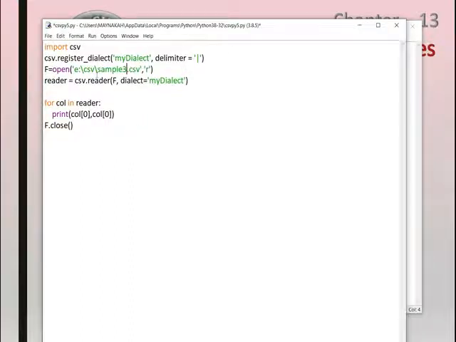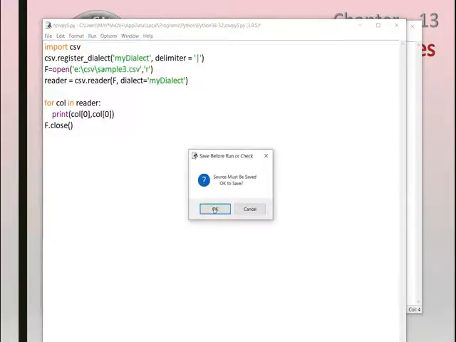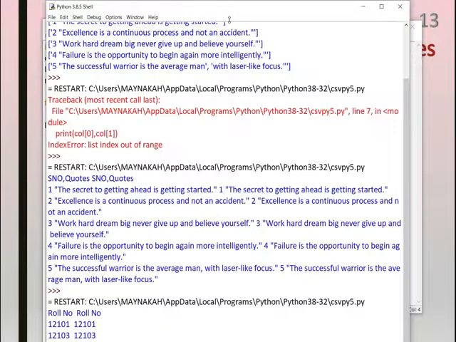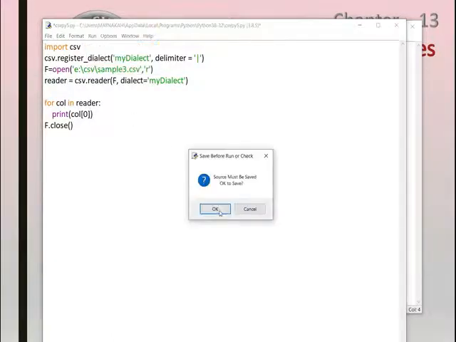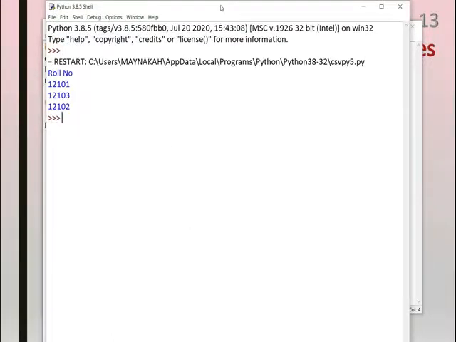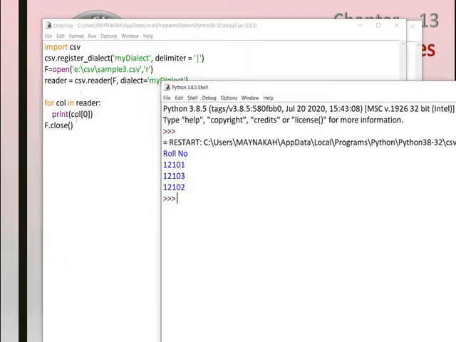Anyhow, we'll see another example also with another file, sample 3. I'll show the file first. So instead of 2-dimensional, we'll take only 1. So column of 0. So only the first column is printed.